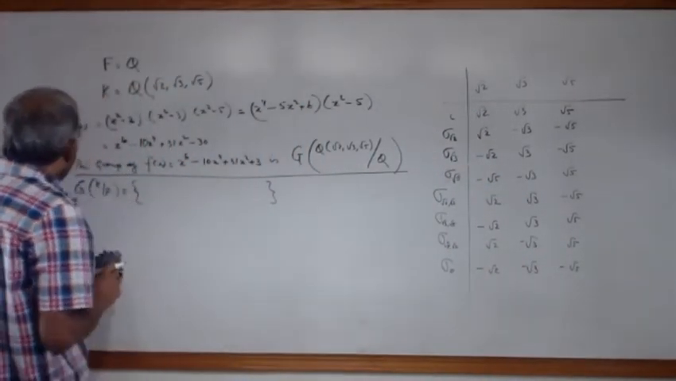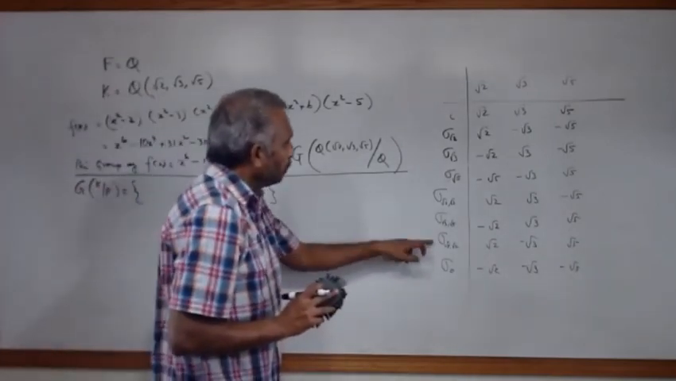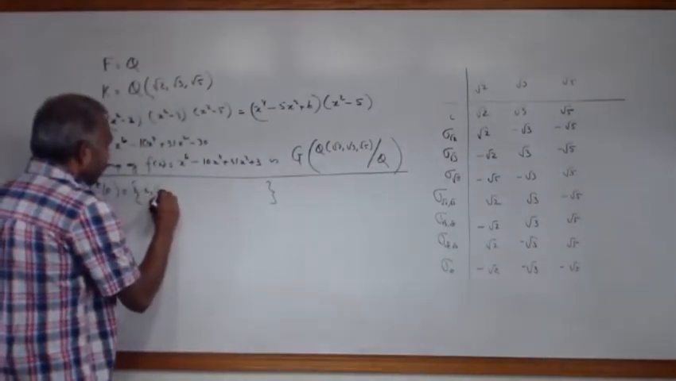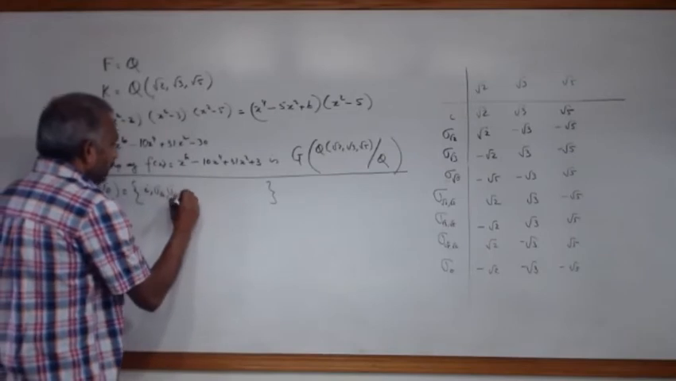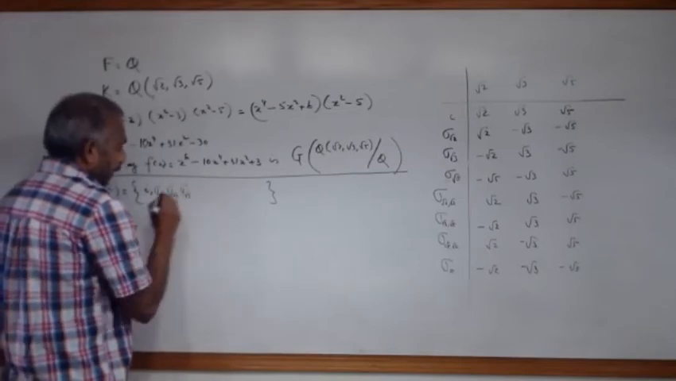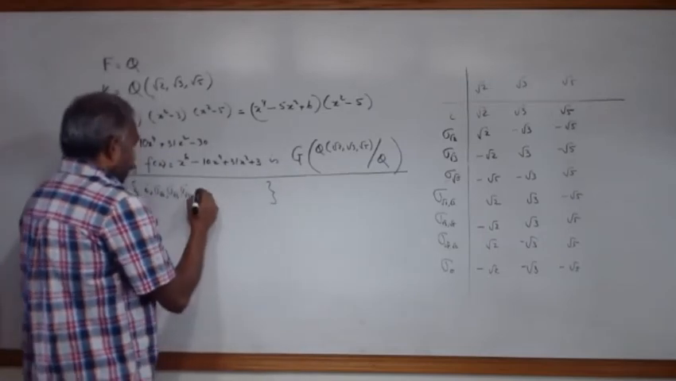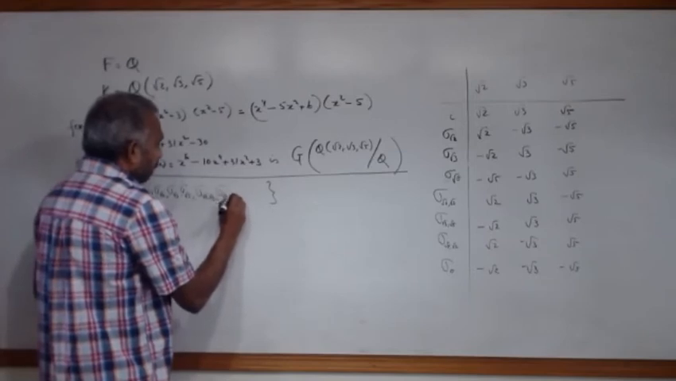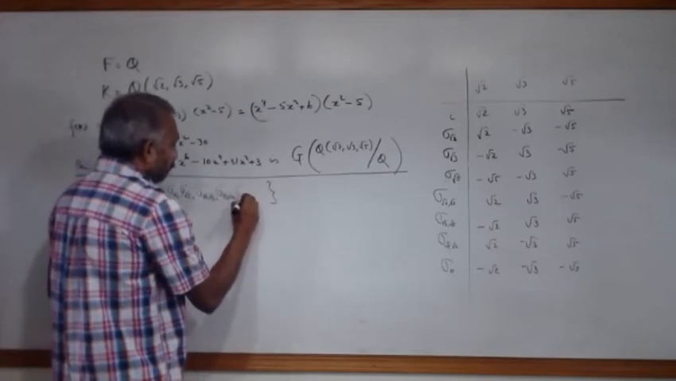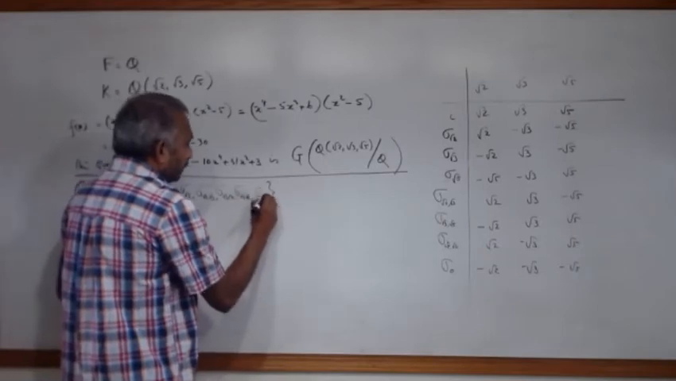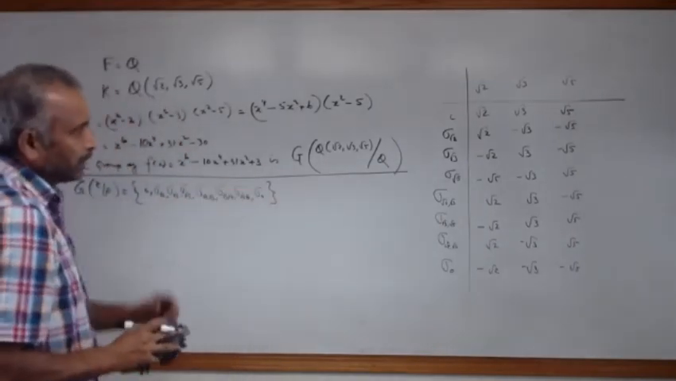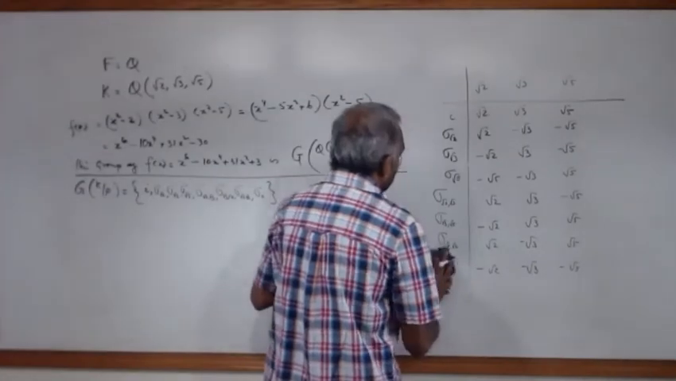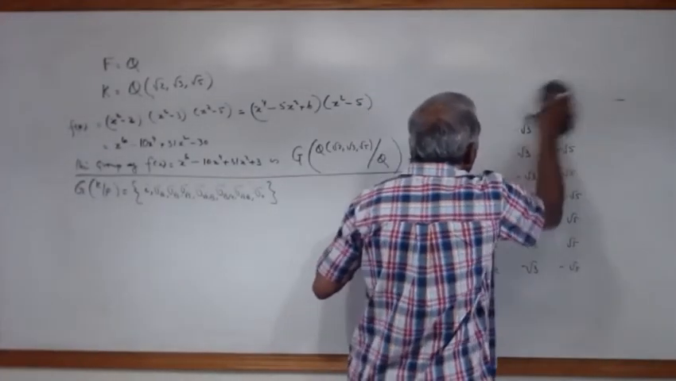So G over F contains 1, 2, 3, 4, 5, 6, 7, 8 elements. I, sigma root 2, sigma root 3, sigma root 5, sigma root 2 root 3, sigma root 3 root 5, sigma root 5 root 2, and sigma 0. Those are this. So corresponding to each of this,